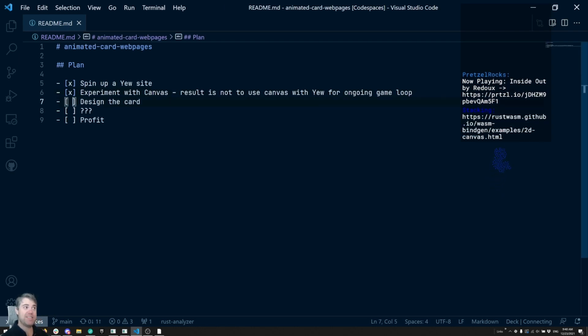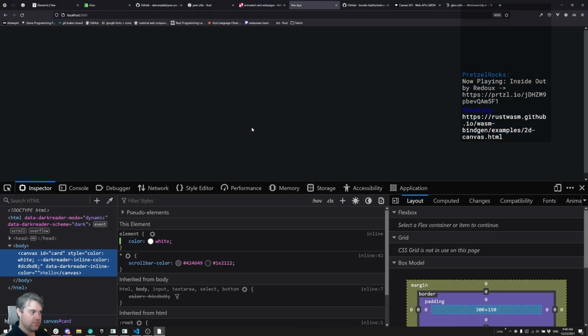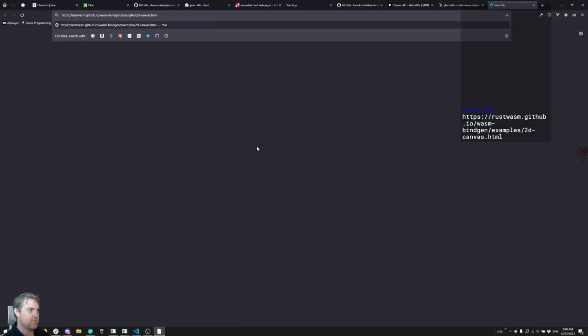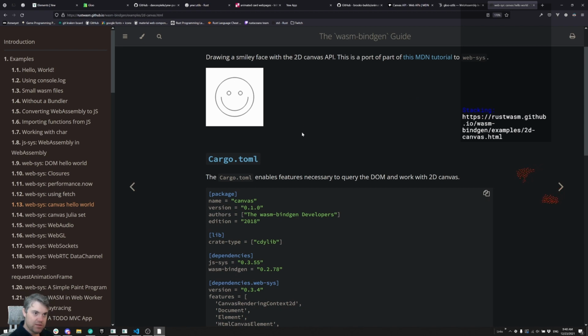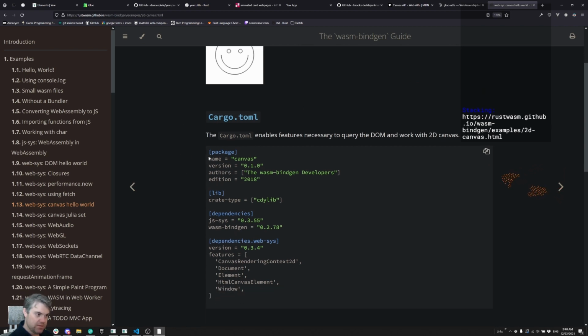Now we're gonna go with design the card. Ooh, examples with wasm-bindgen. Let's take a look. Yes, so we're gonna use